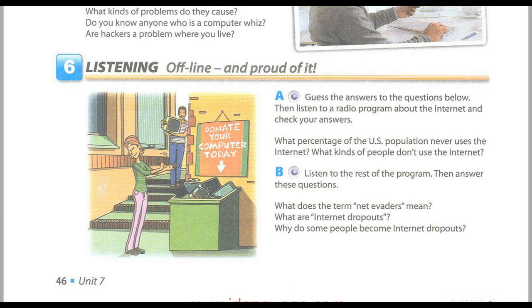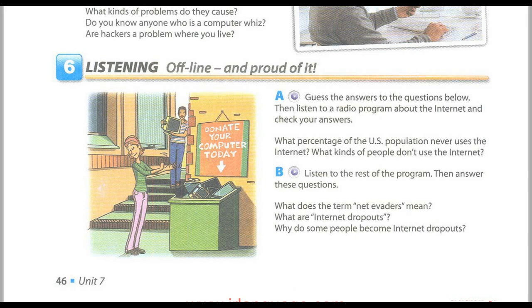We've all heard stories about how Internet use is growing. Today, however, we're talking with someone who has studied people who don't use the Internet. Let's welcome Dr. Tom Van Cleve to the program. Thank you. It's nice to be here. Thanks for coming. Now, I understand that many people still don't use the Internet. Is that right? What can you tell us?